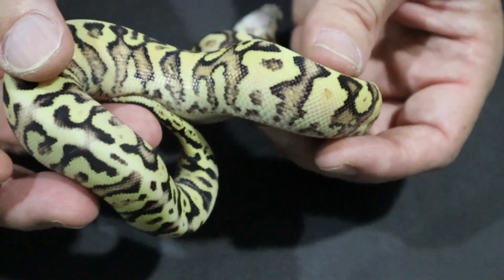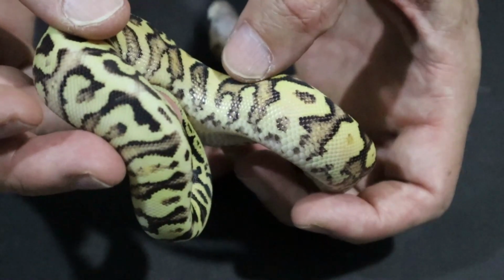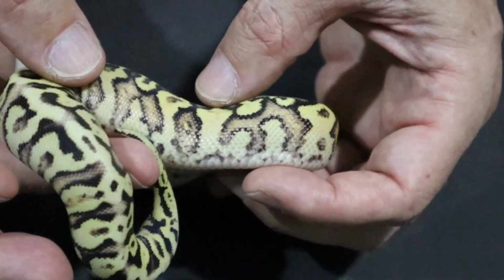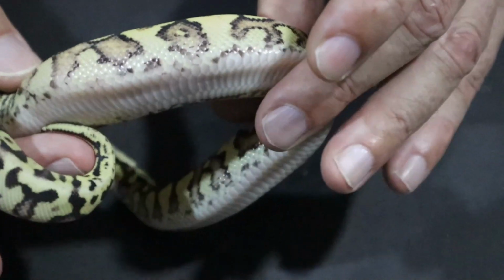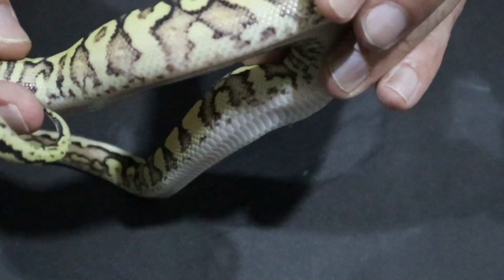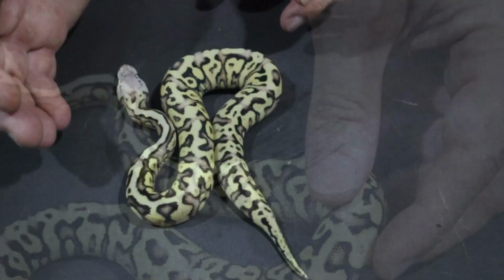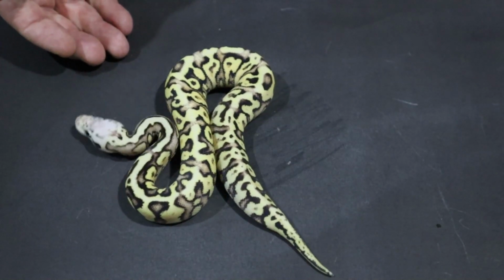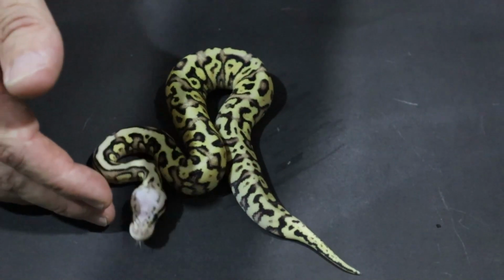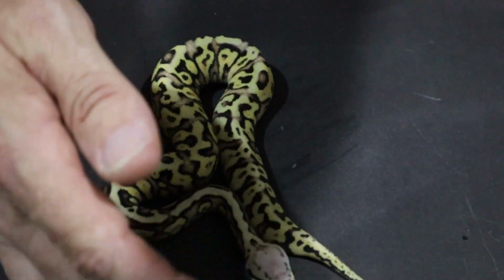I didn't expect it was going to be this good, but you can see the extreme blushing and the really nice oranges coming through on the side stripes. And if we have a look on her belly there, she's got the classic yellow belly digital pattern. So this is the standout from clutch number 2. This is Super Pastel Spot Nose Vanilla